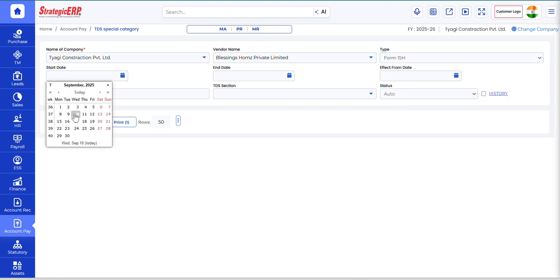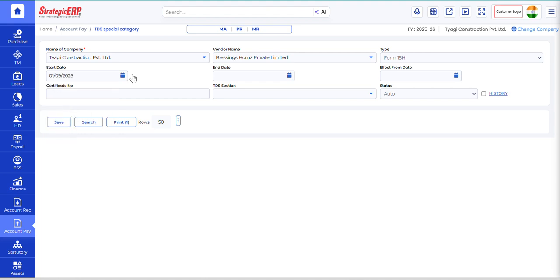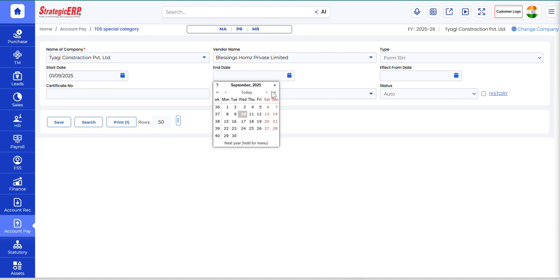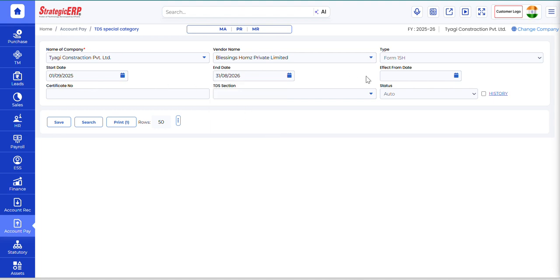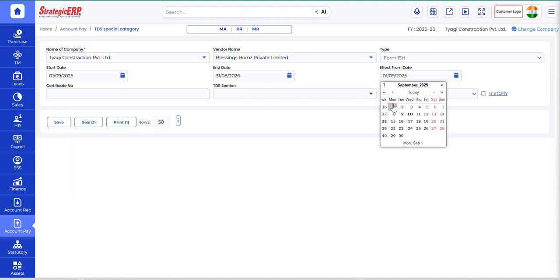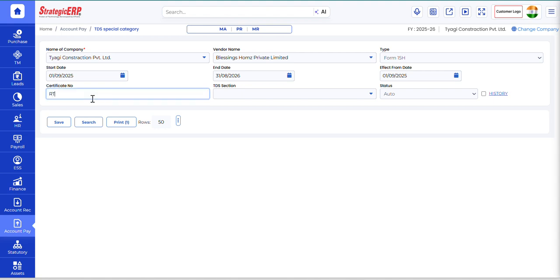So I have to provide a start date over here, from which date this rebate is applicable, and then I also have to provide an end date over here. So I have to provide the period basically, then the effective date from which date that rebate is applicable. Then I need to provide the certificate number, against which certificate number that rebate is applicable. Then finally I have to provide the TDS section, on which section